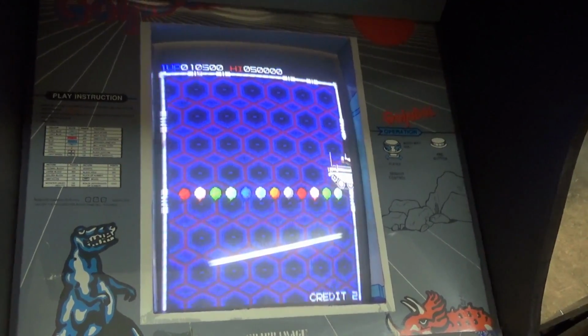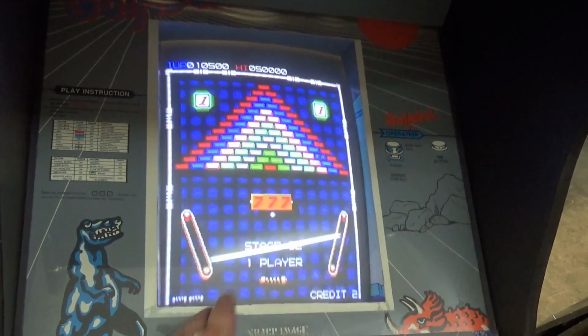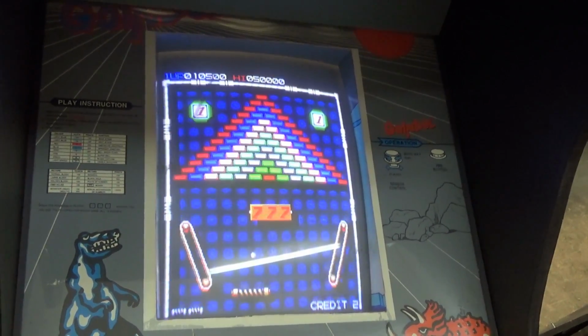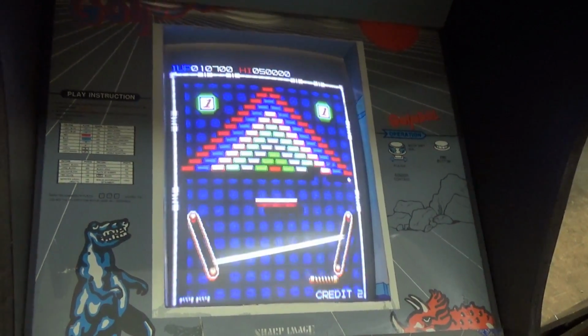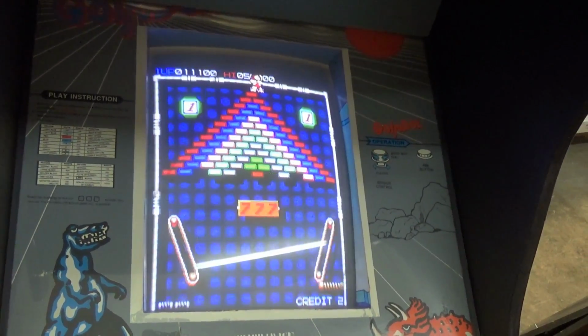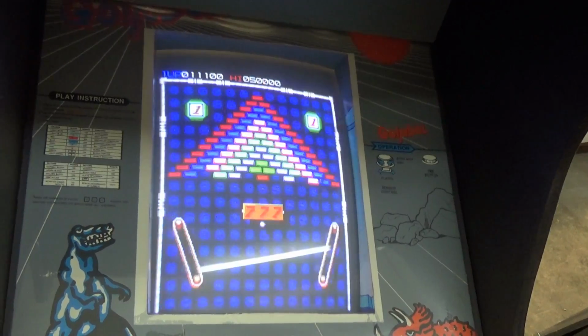Some of these wacky games, man, make no sense. Like, what the hell's going on? There's dinosaurs on the artwork. Some dude's in a tank now. Or just, you know. Does that happen? I don't know the whole storyline of Goindle, but